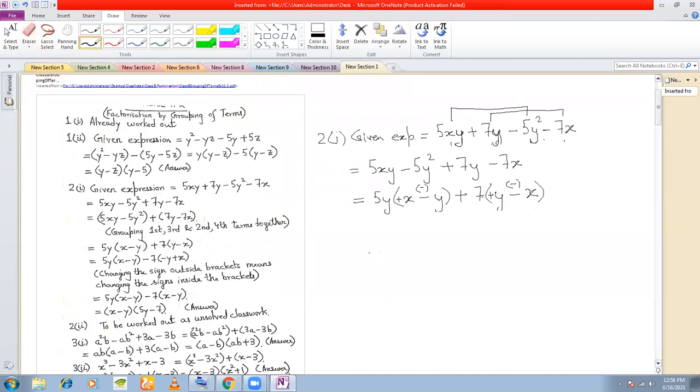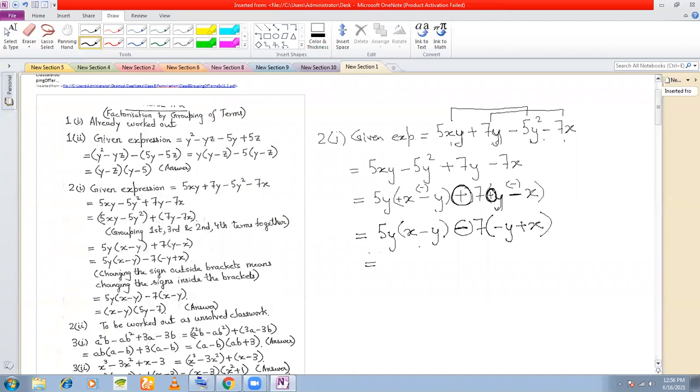So when you come across this kind of a situation where these two are not the same, but they differ only in the sign, what you will do here is you will write the first one as it is, and this plus sign that you have taken here outside the bracket, you will convert this to a minus sign, right? 7. And once you have taken this minus sign, and if you are introducing a bracket, this plus sign will now change to a minus sign. And this minus sign here will change to a plus sign.